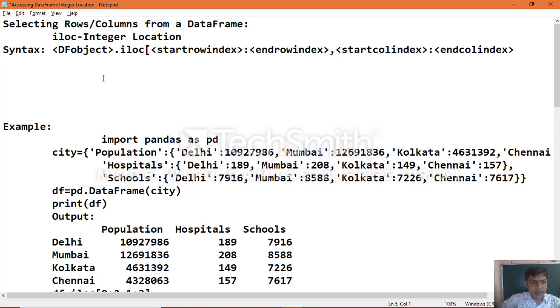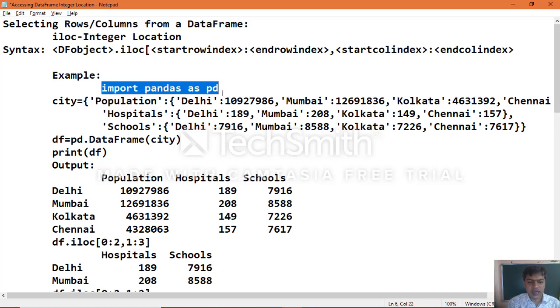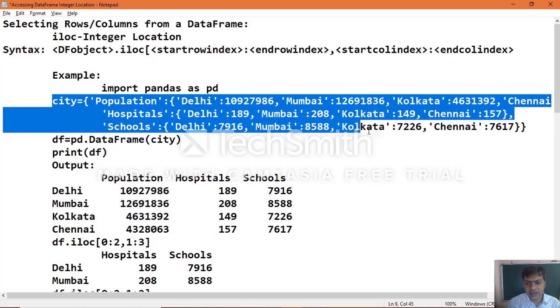So we can use the same example which we used earlier: an example of different cities with their population, hospitals and schools details. Import pandas as pd, then take a dictionary of dictionaries, which is what we specified here as city.